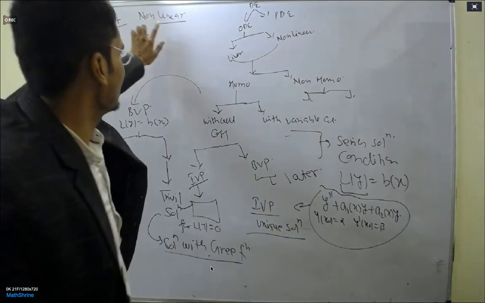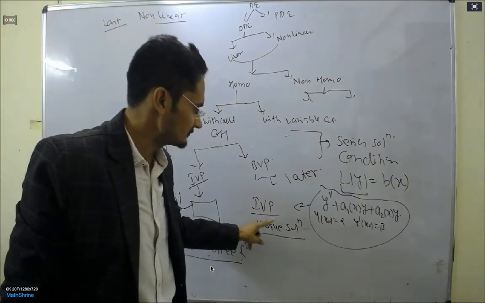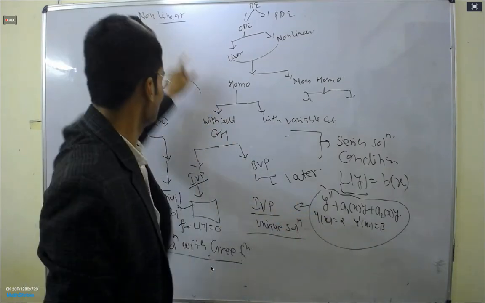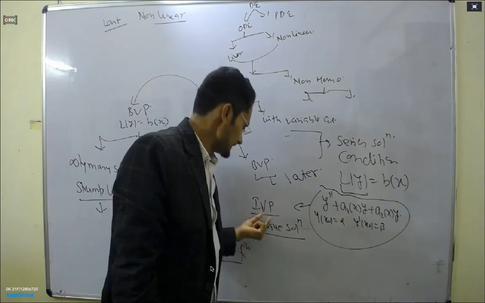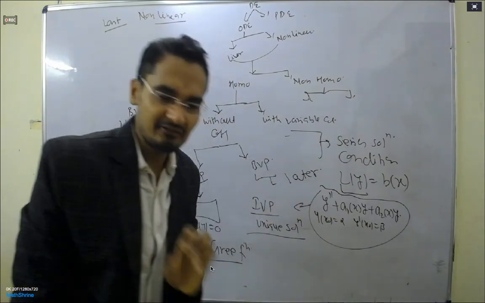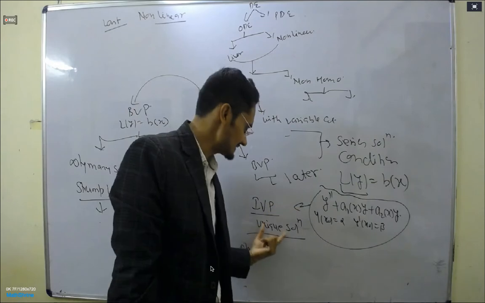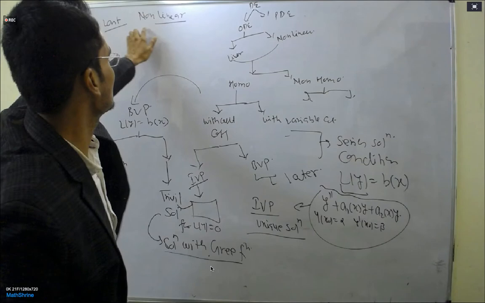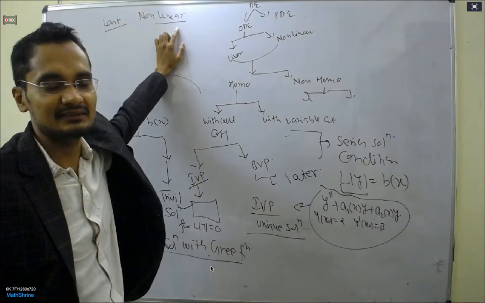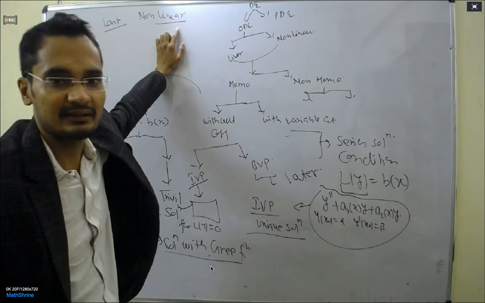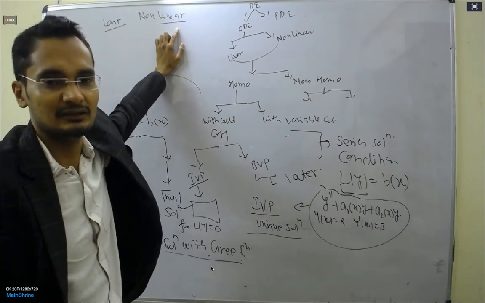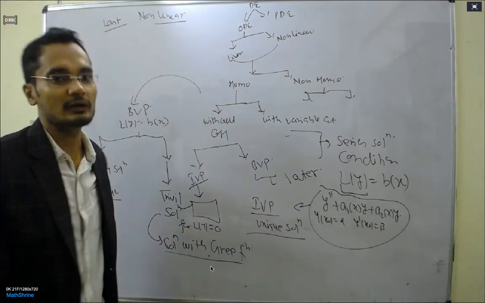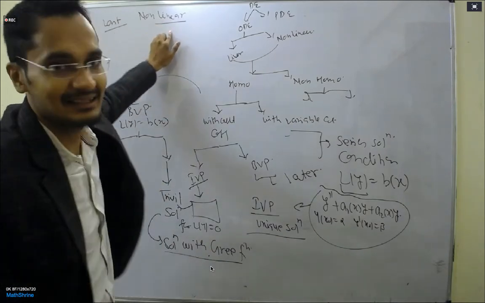Keep in mind, the initial value problem result is for linear differential equations. This result is not true for the non-linear. For a linear differential equation, existence and uniqueness is guaranteed, but not for the non-linear cases. When the differential equation is non-linear, a solution may exist, may not exist, or the solution may not be unique also. So for non-linear, we need a little more condition that's known as the Lipschitz condition and Picard.